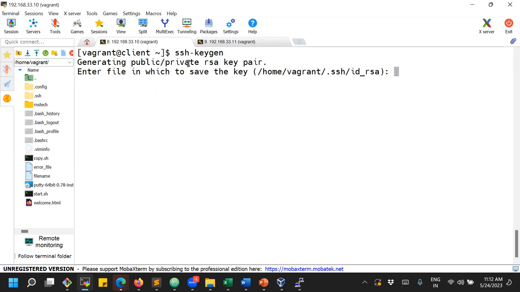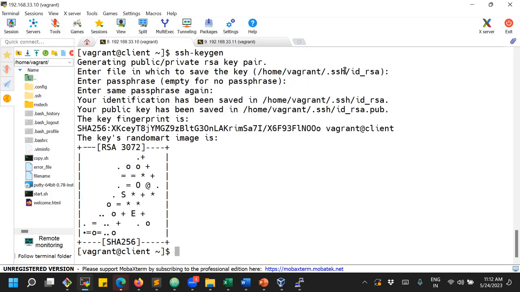Yeah, it is generating the public private RSA key pair. So in the user home directory, .ssh folder, id_rsa. Do you want to store the private key here? Yes, just press enter. Do you want to set the password for this? No, not required. Just leave it blank. Enter, enter. So now you see that the public key has been saved in this file and the private key is saved in this